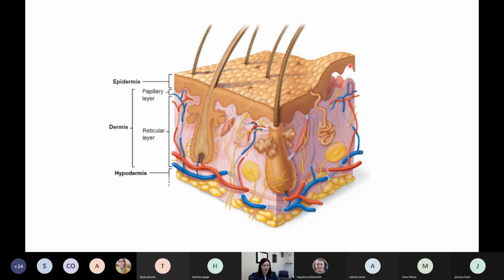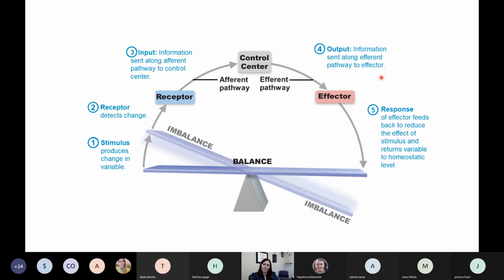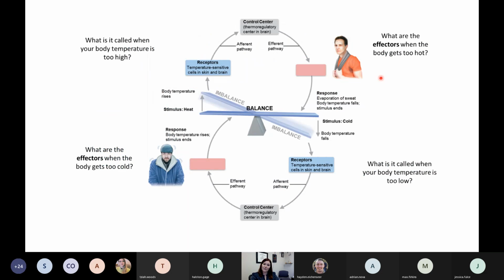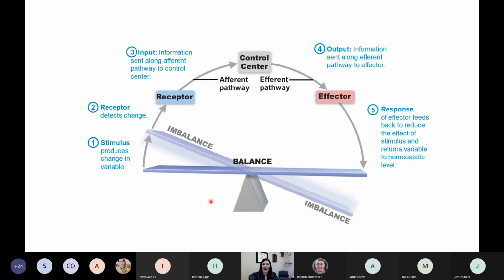So the primary function of these blood vessels is to feed the epidermis, to give it the glucose and the oxygen that it needs. But the other thing that those blood vessels help us to do is to maintain our body temperature. So we're going to talk about now what's called thermoregulation. Thermoregulation. This is the way that our body deals with I'm too hot or I'm too cold. Before we dive into this big picture, I'm going to take a step back and we're going to look at this one. This shows me the typical setup for what we call